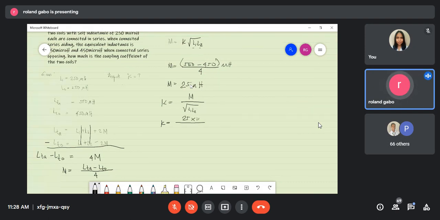So times 10 to the power of minus 6, over the square root of 250, remove the micro, times 10 to the power of minus 6, then same value, squared. So the square root is cancelled, the square is cancelled. So K will be equal to